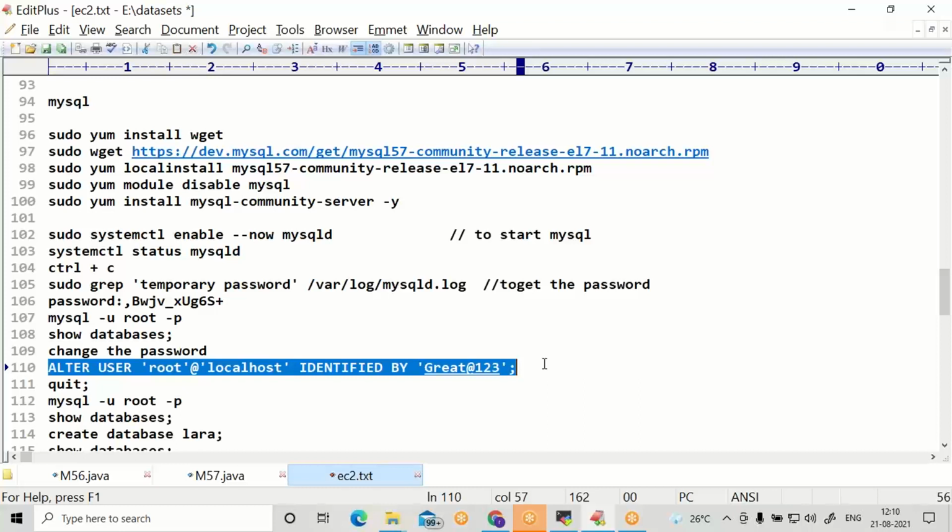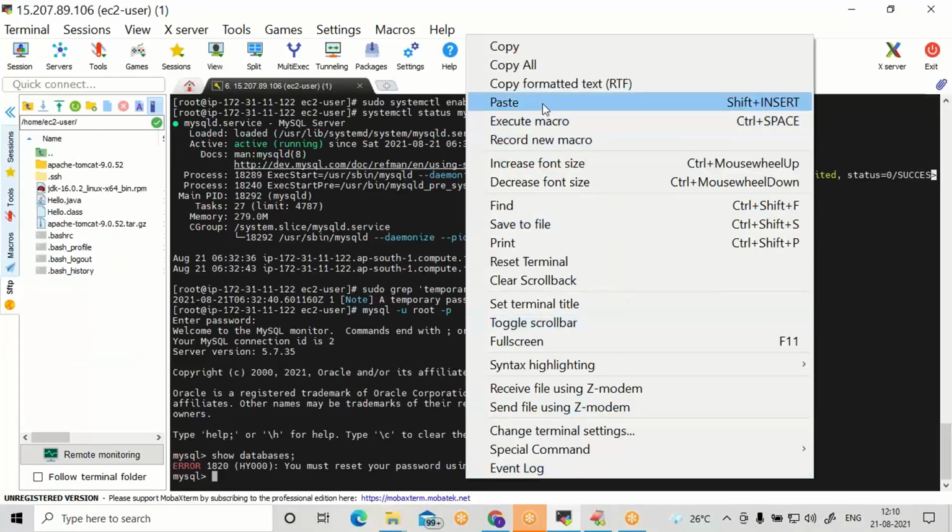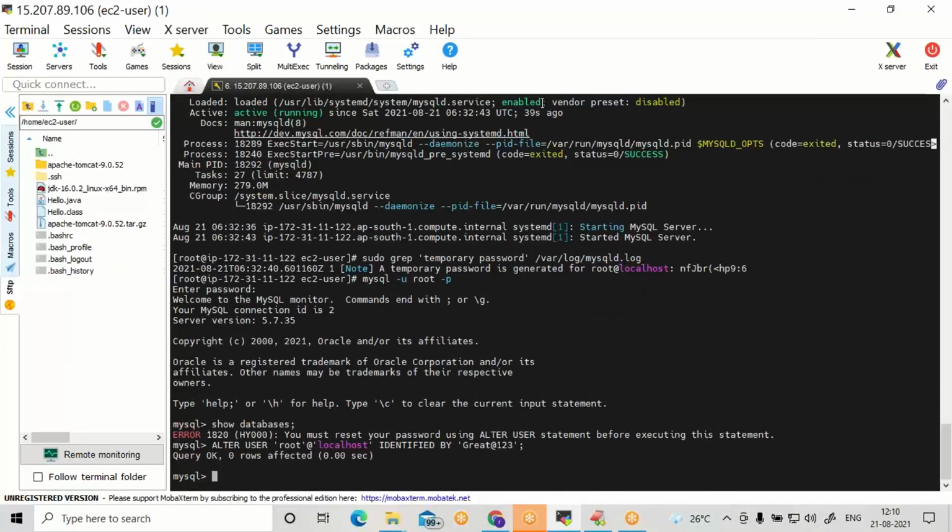You can choose any password. Run this command. Only this command is allowed in the first login. Paste. Now remember this password, great@123. Whatever you have given under single quotes is the password. The next time you have to use this password.